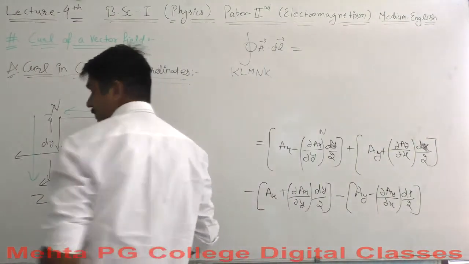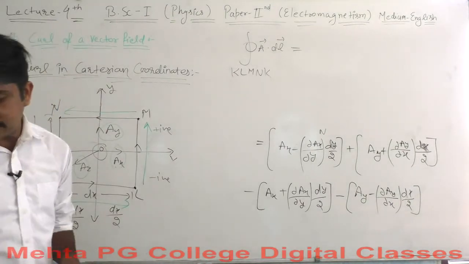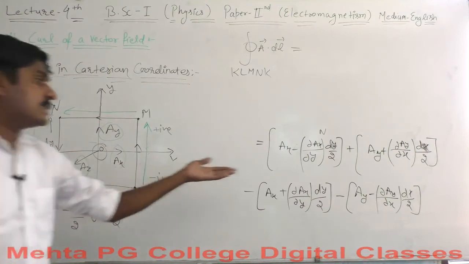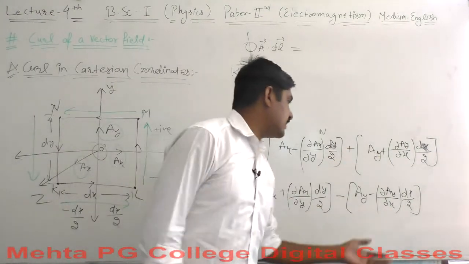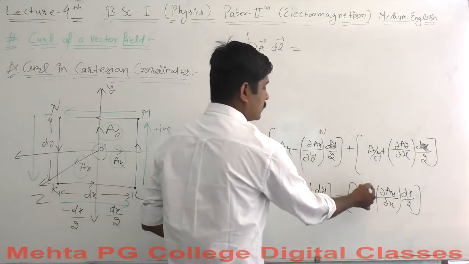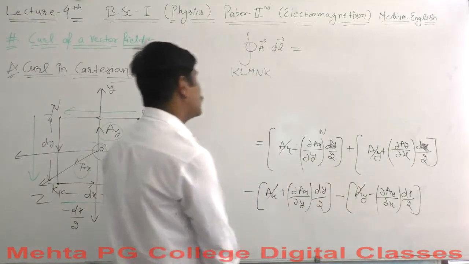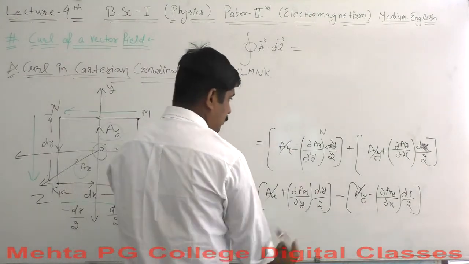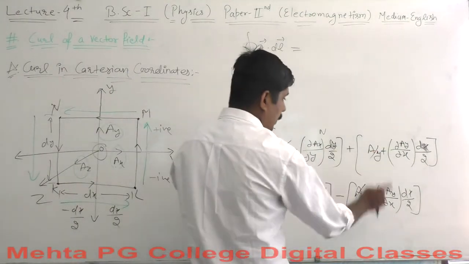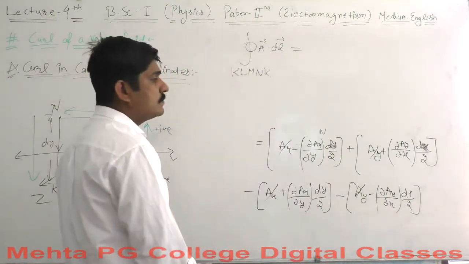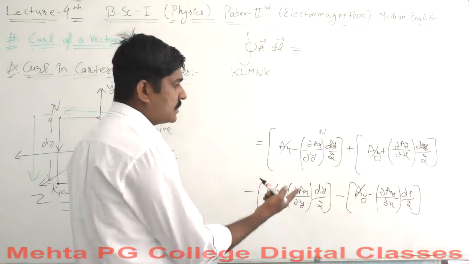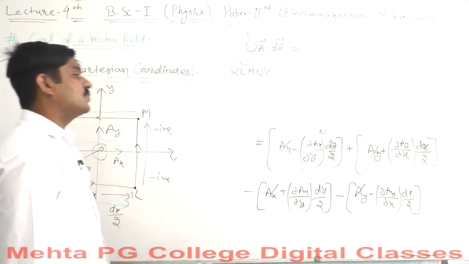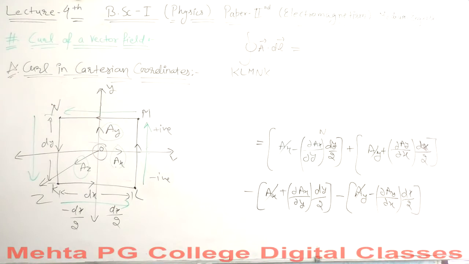After solving all of this, we will have our result here, which is waiting for us. So what will be the result? Ax would be cancelled with minus ax, ay would be cancelled with minus ay. These things would be cancelled by each other. So what other things will be cancelled? These do not cancel each other. These two again do not cancel out. Maybe these two cancel out. No. Negative, negative must be positive. So these two will again not cancel out each other. So what will be the result here?